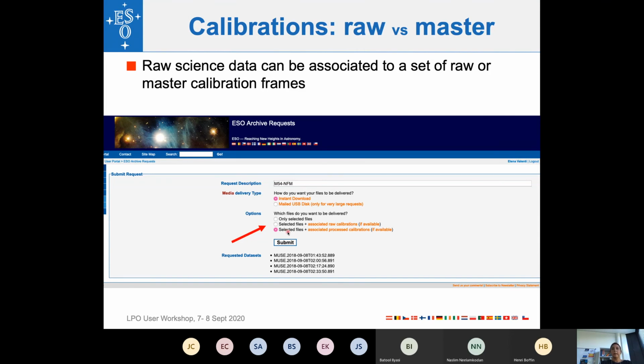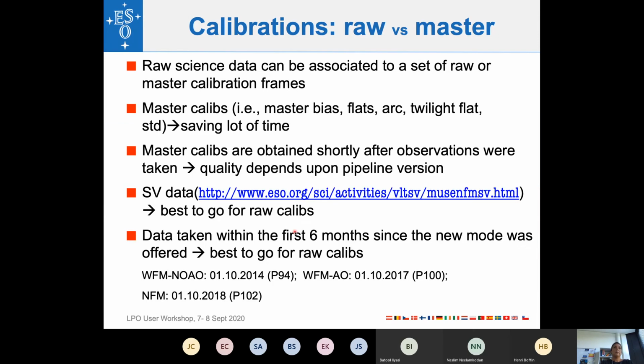If you go for the third option, the master calibrations, you will get, together with the science data, the master bias, master flat, and so on. From the point of view of data reduction, this saves a lot of time, because, as I showed you before, the majority of the data reduction cascade consists of